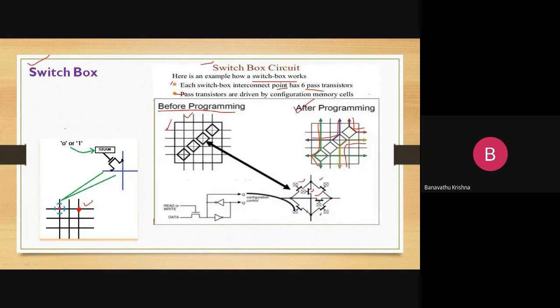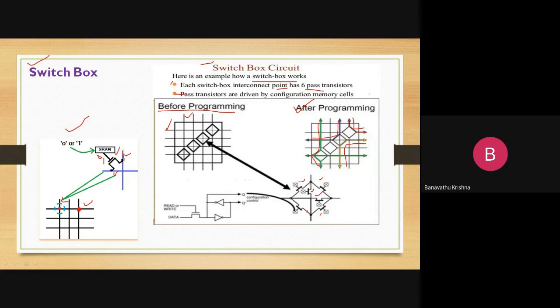Here we make the programming using one of the methods, which makes it reconfigurable, nothing but SRAM, right? So here we give the input for this pass transistor as zeros and ones. If it is 0, it is going to act as an open switch, so there is no connection between the vertical line and the horizontal line. Suppose I apply 1 here by using the programming technique, then it is going to act as a short circuit.